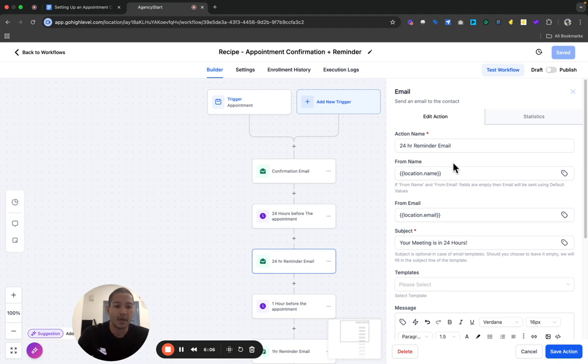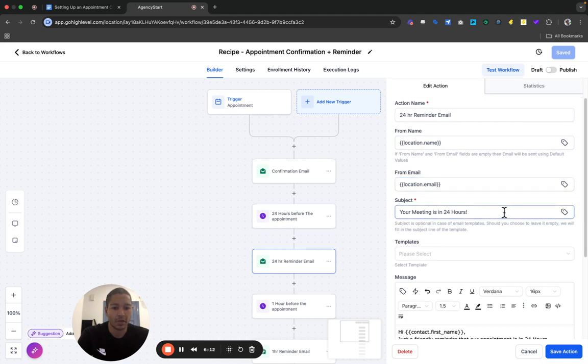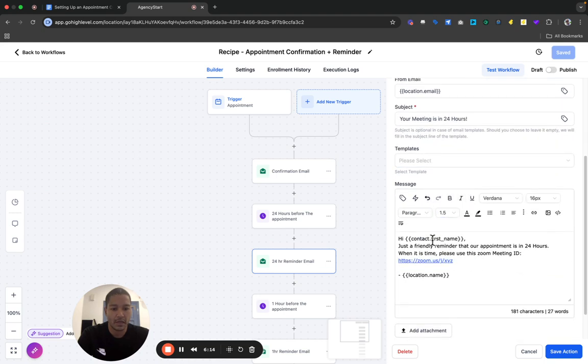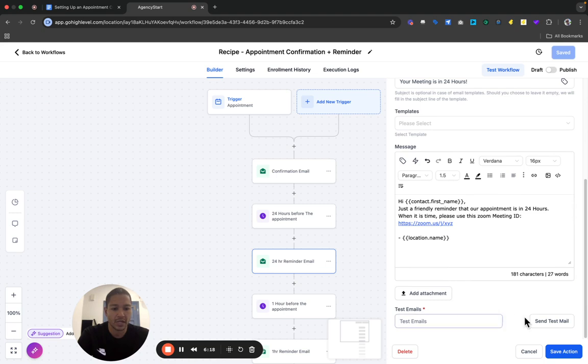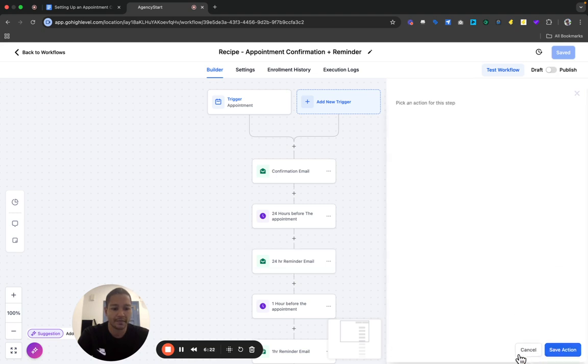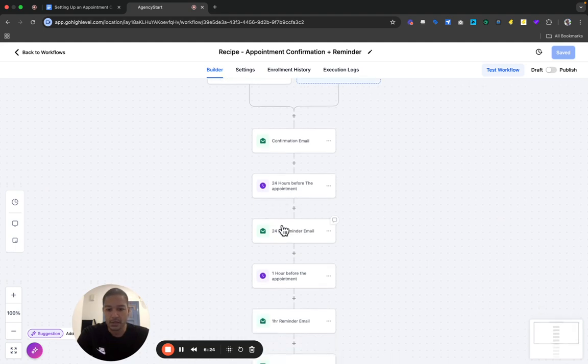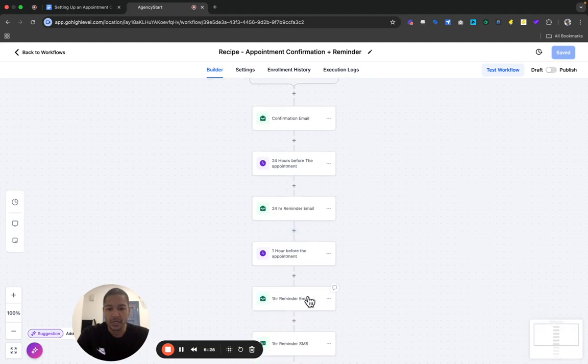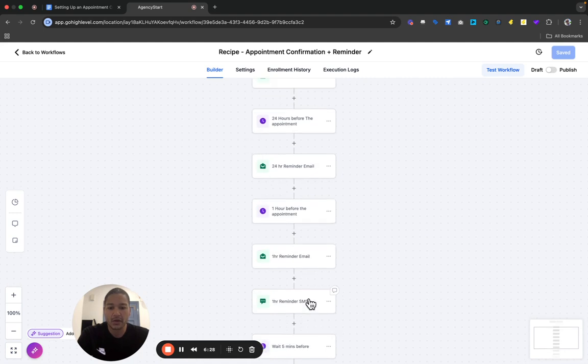email, sorry. So the same thing, you basically just want to customize this, your name, your from email, whatever the subject you want to put, and the content of the message. Then you can also send yourself a test email to make sure it looks good. Don't forget to save it. So now we'll scroll down, and it's all the same for all these other emails, but now you're gonna have,